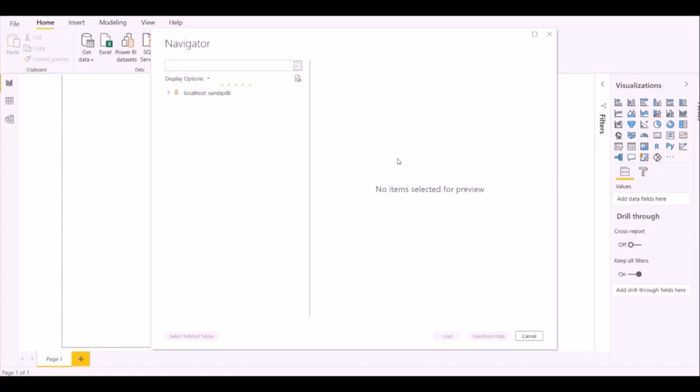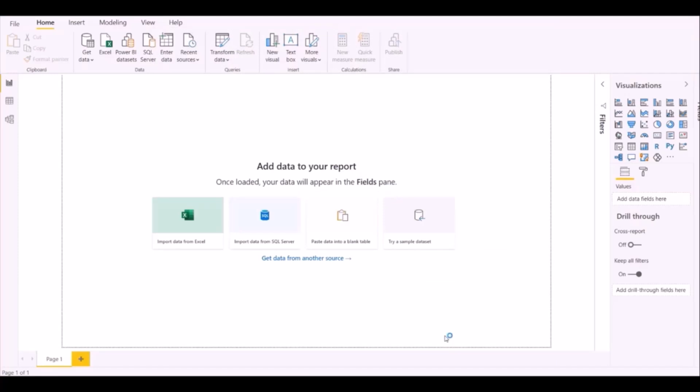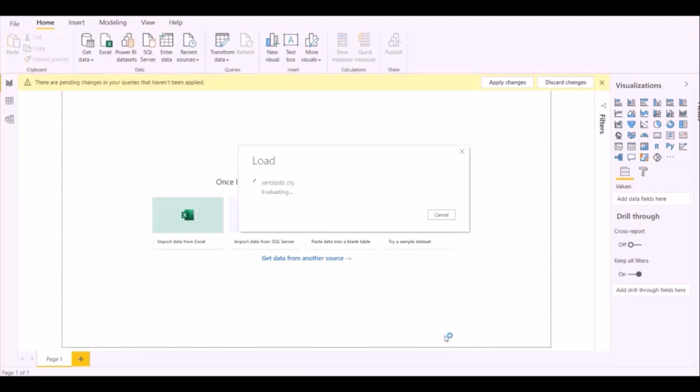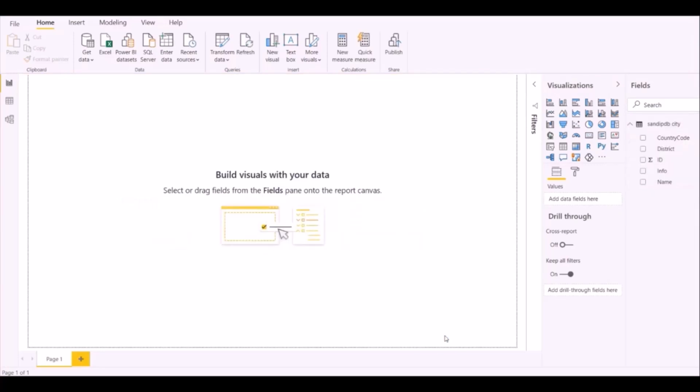Here Power BI will show you the tables of selected database over here. It will take around 1 minute. Just select the table we want to import. Let's say table 1. Then click on load. It is loading the data from MySQL. Table has been imported here.